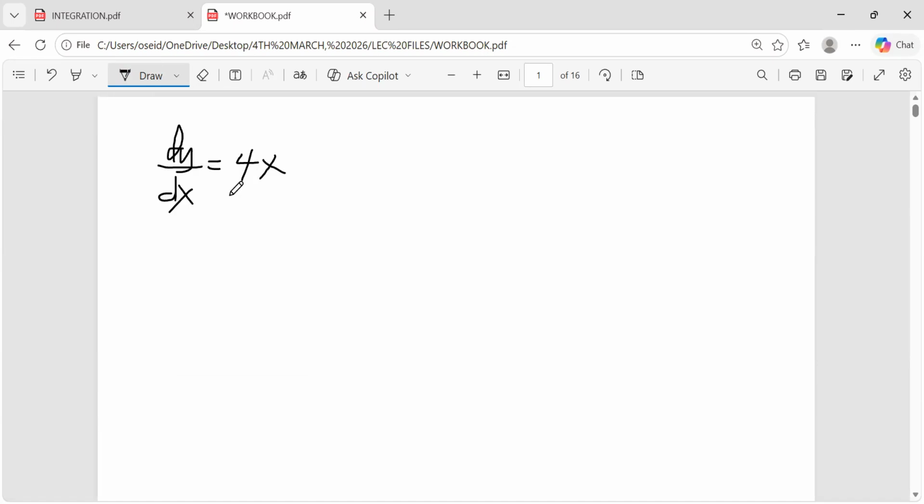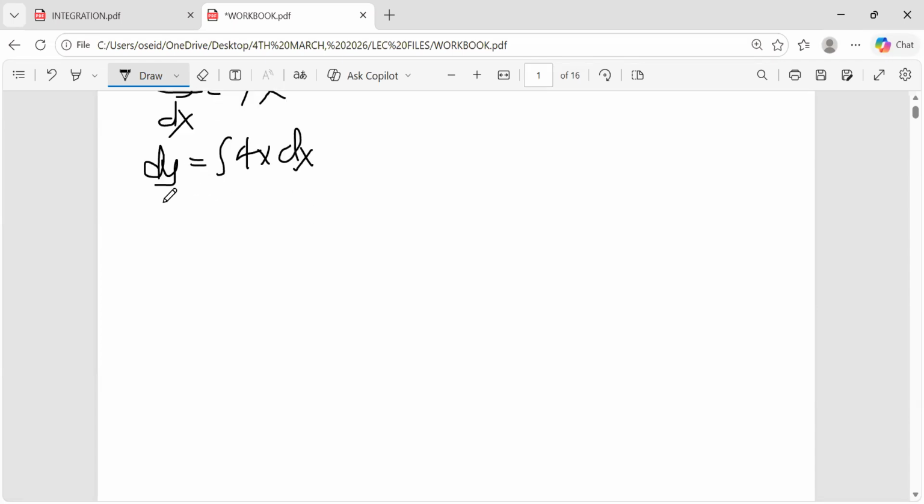If you are finding the integral of y, you say dy equals the integral of 4x dx. The reason why the dx is here is that we did cross multiplication. So we get y to be equal to